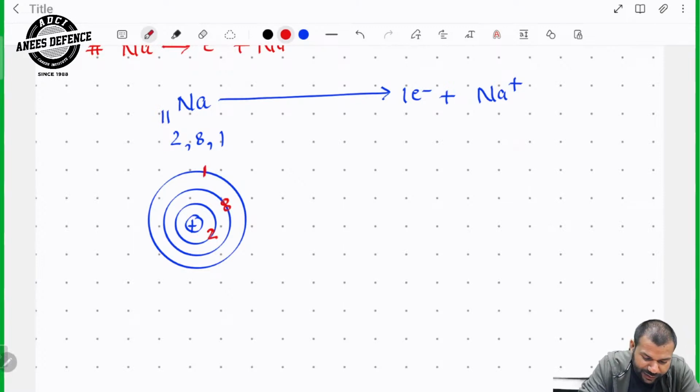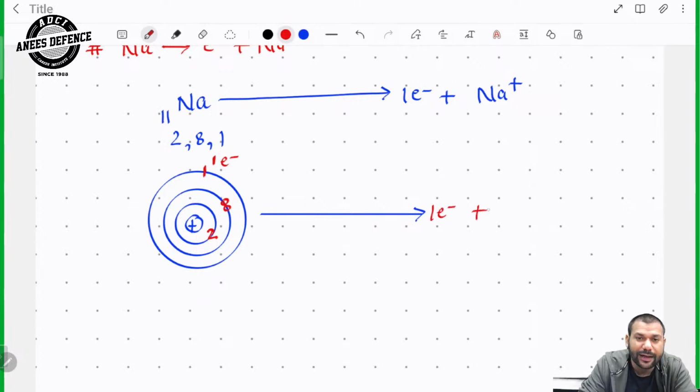right? And if it loses its one electron, what will happen? The outermost shell will be gone, because there is only one electron in the outermost shell. So if one electron is gone, then the outermost shell will also be gone. There will be no outermost shell in the sodium ion Na+. So Na+ will have electronic configuration 2, 8. It was 2, 8, 1 before losing the electron, but after losing the electron it is 2, 8,